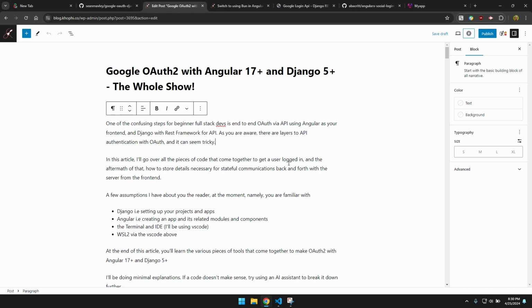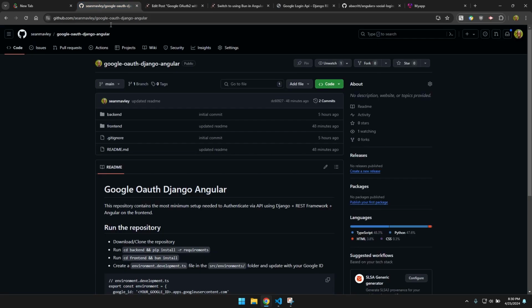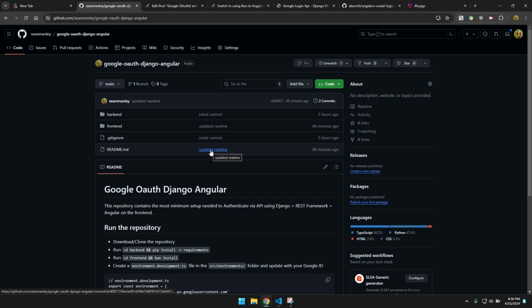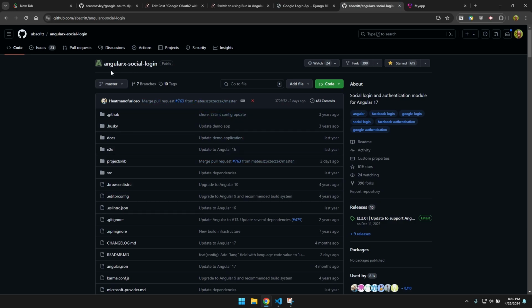And the entire video, the code it is based on, can be found on GitHub. So this repository contains the entire code used in this scenario. It's specific for Google, but the understanding and the principle should apply the same for the other OAuth providers. So the package I'm using in this case is called Angular X Social Login, and on the back end I have Django for the back end, Django REST framework for the API part of it, and we'll see how we log in the user